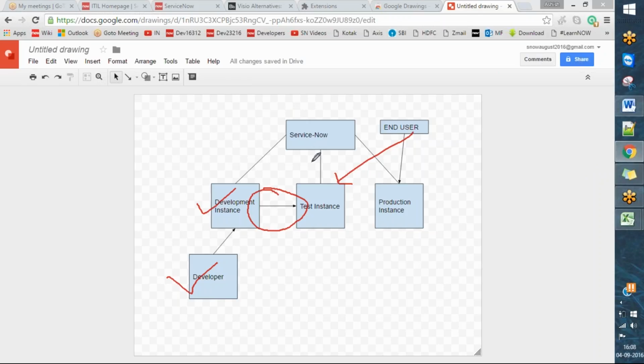Okay, let me explain. ServiceNow has three instances: development, test, and production. End users always access the production instance. So for an instance, if you're getting any request for a new